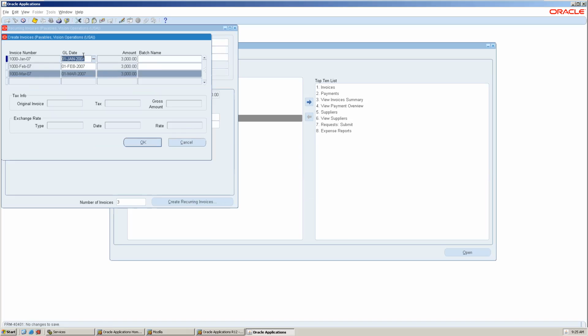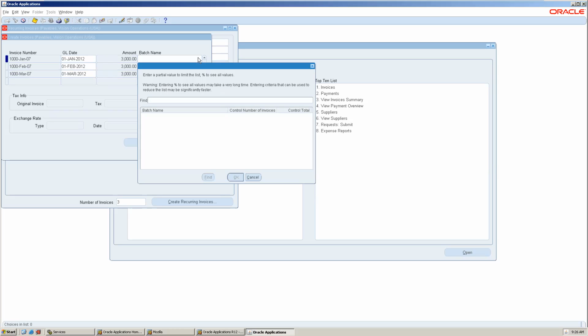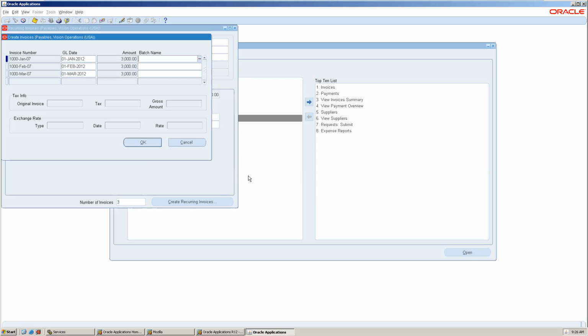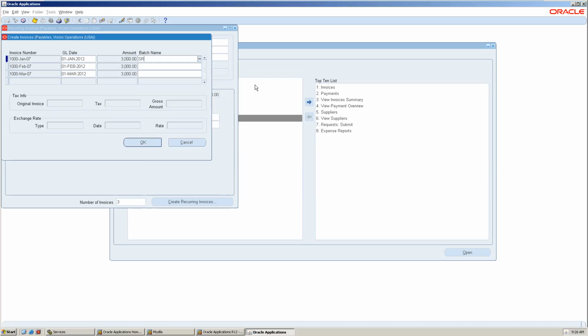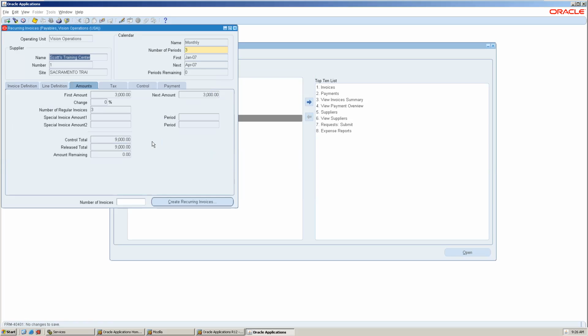Now because of date it is telling, but it is asking batch name is mandated. So this is called recurring.